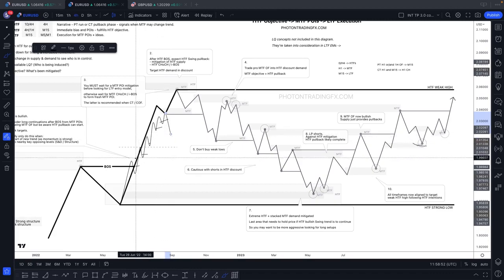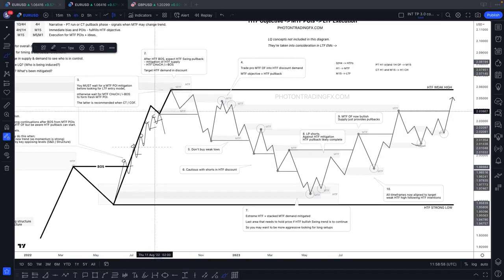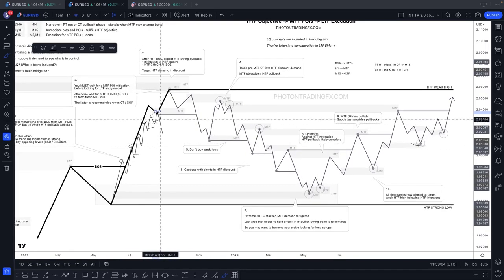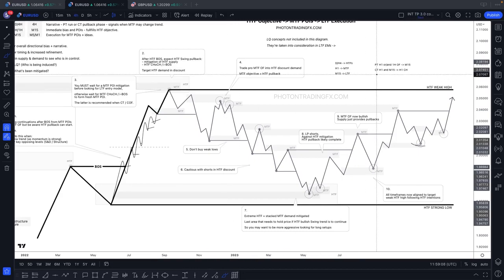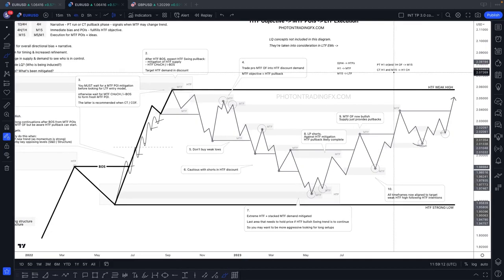In terms of reversals, you have one that fails, one that fails, one that fails, one that fails, one that fails, one that works out. I prefer much more to be on the continuation side, in line with order flow, than trying to pick the reversal. So in this case, when it's counter trend H1 swing and not it